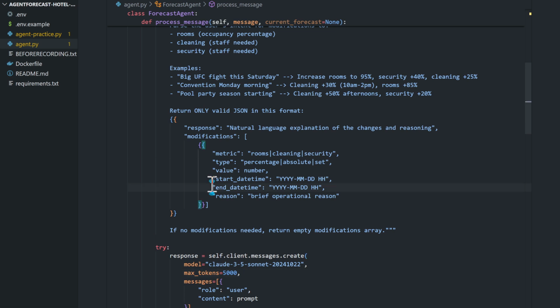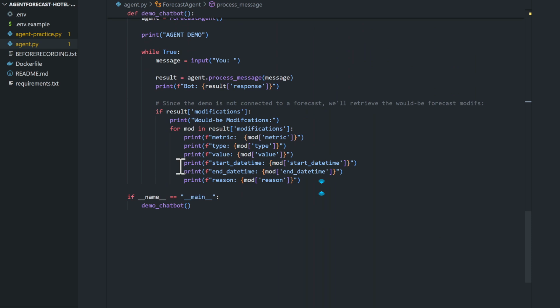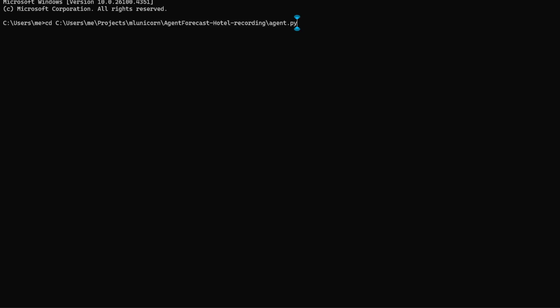Another change I made is I changed start date and end date to datetime, so now it includes hours because it's an hourly forecast. It needs to handle hours, and I also made that same change here with the start datetime and end datetime instead of just date. With those changes now made, let's